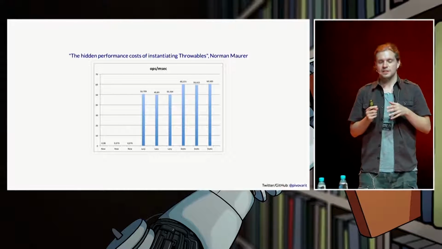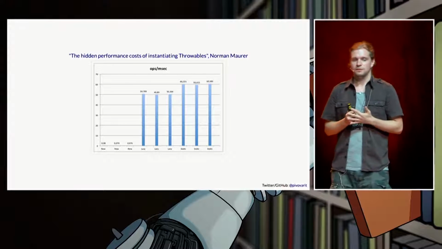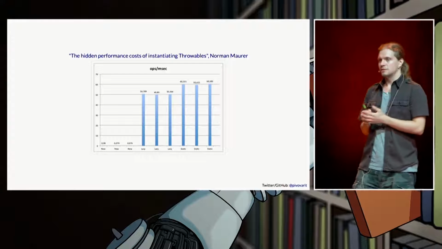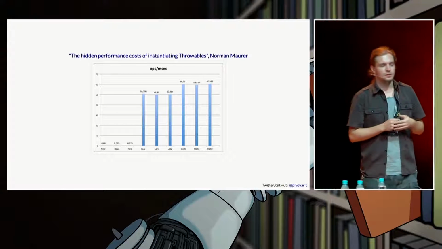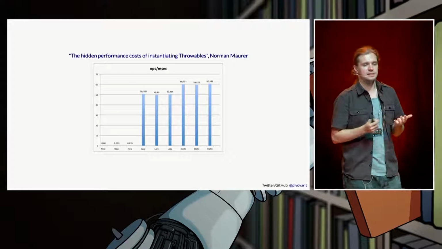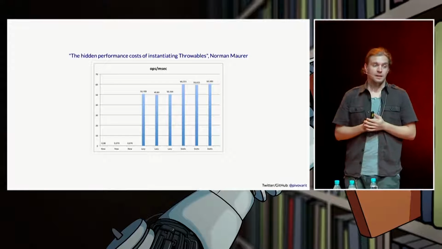And results are presented in operations per millisecond. So if you look on the right, you see that in the case where you had a static and stackless exception, we would get at least around 60 operations per millisecond. But on the left, you might think it's